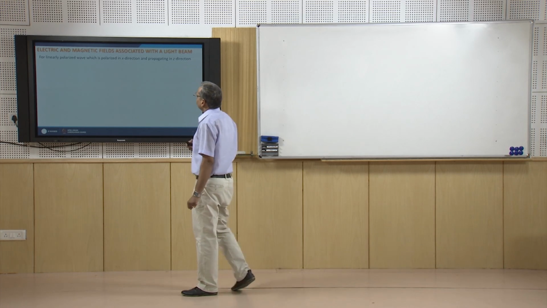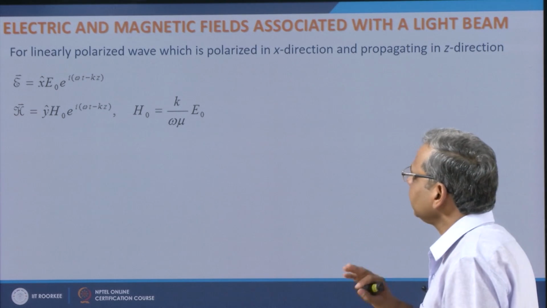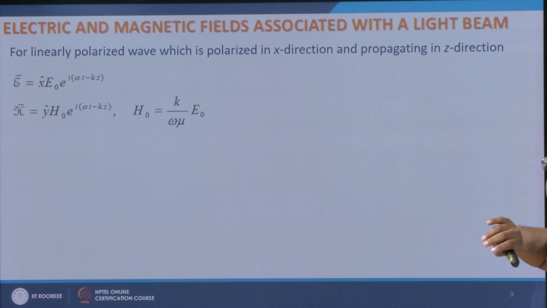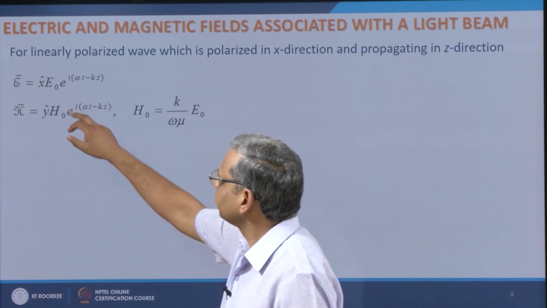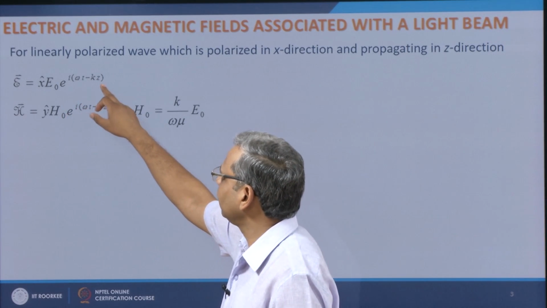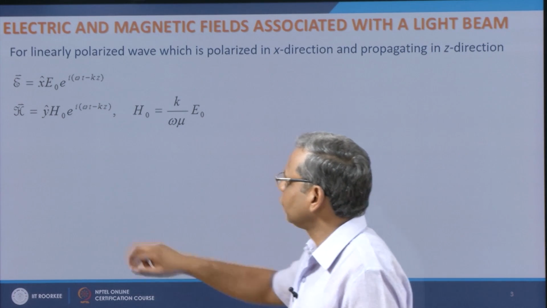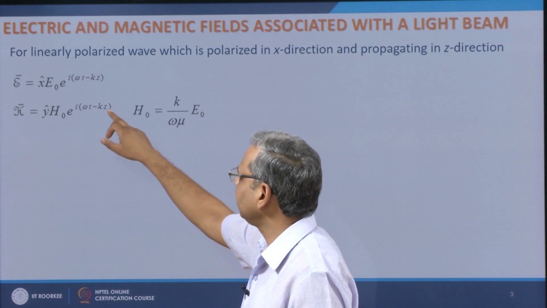So, what are the electric and magnetic fields associated with a light beam? Well, we have seen that for a linearly polarized wave which is polarized along x and propagating along z, I can write the associated electric field as x cap E0 e to the power i(omega t minus kz), and H is equal to y cap H0 e to the power i(omega t minus kz),